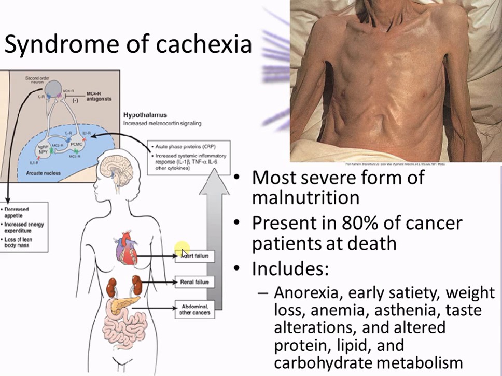And cachexia is one of the most severe forms of malnutrition. You can see that they're wasting away. And it's not because they're trying to look slim like anorexia, where people have a psychological issue. This is an anorexia because they can't eat. Why would they not be able to eat?